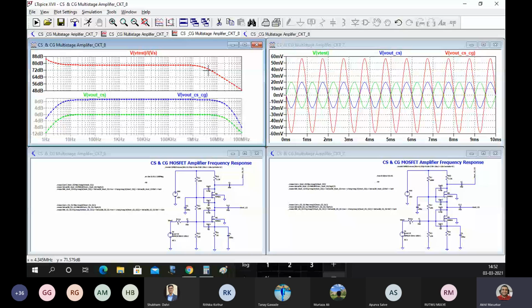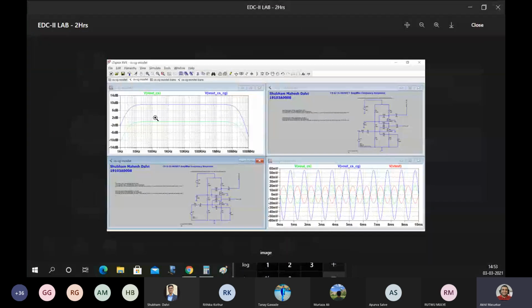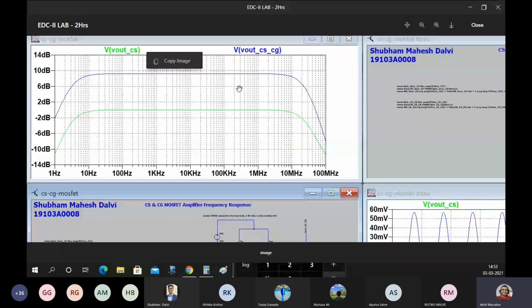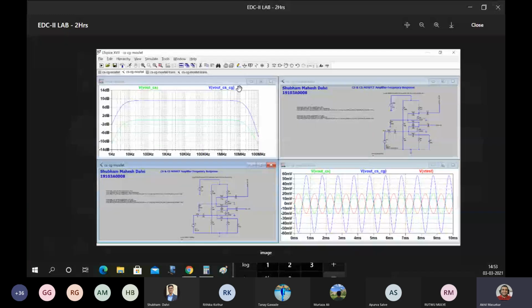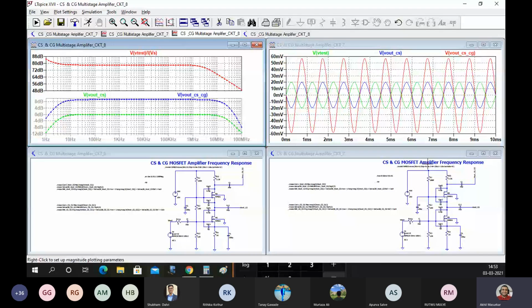So now I think this was the graph plotted by Shubham, and now in this graph you will add one plot plane, and show me like this. I want to see the graph in this way. Sir, can you show that impedance thing again?